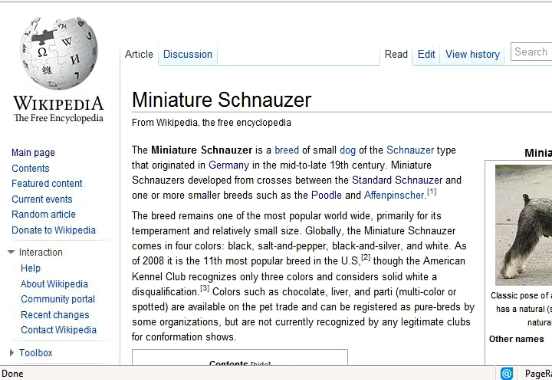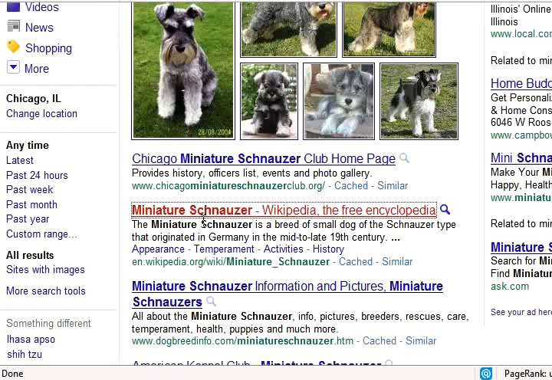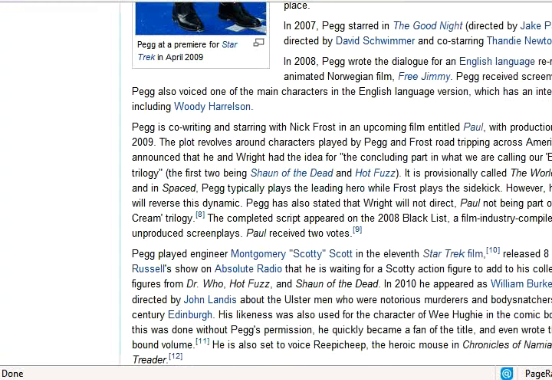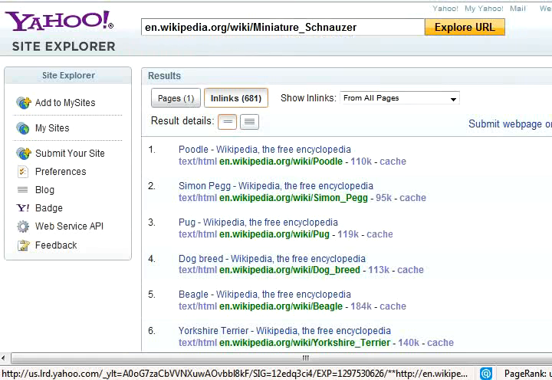So you want it to look natural and make it look like you're a real, legitimate Wikipedia editor contributing to the Wikipedia community. Okay, now I'm going to give you the mother of all techniques to bump a Wikipedia article like this out of position so that you can take its position, and that is to get that dang thing just completely deleted. What you're going to want to do is, and this might not be possible for an article like Miniature Schnauzer, it's not possible, but for an article on a topic that's not so important, you could get